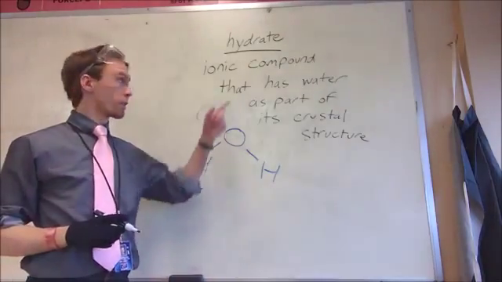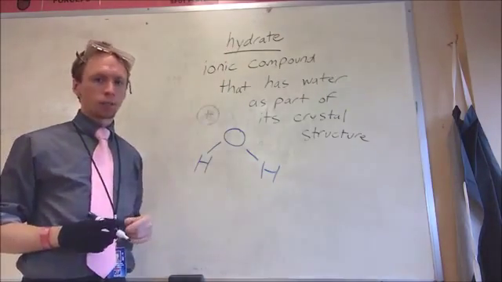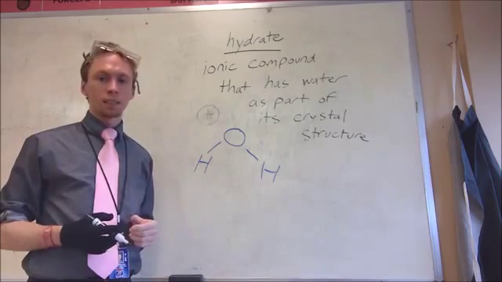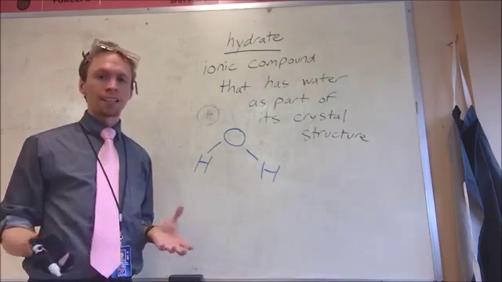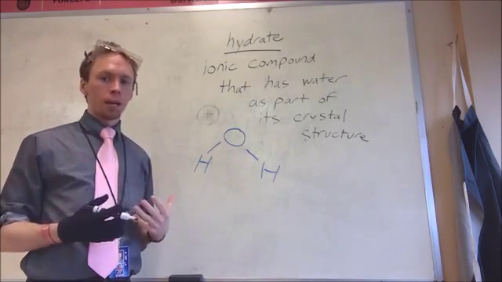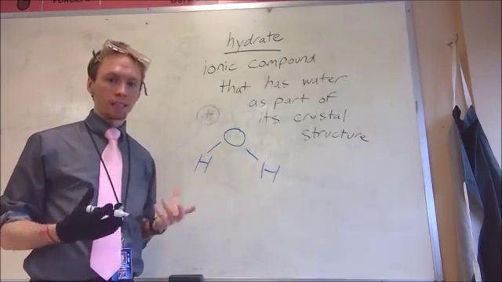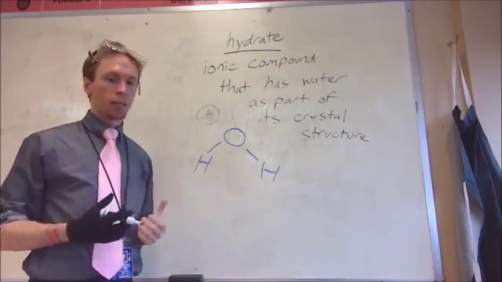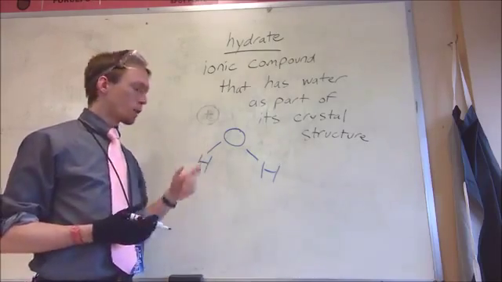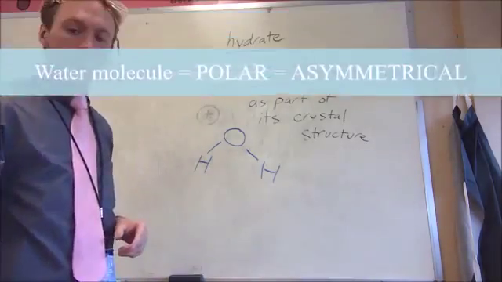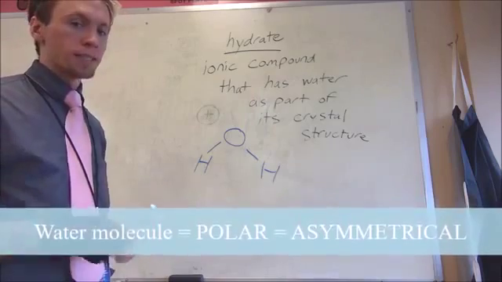In this lab, we're going to look at something that's known as a hydrate. A hydrate is an ionic compound that has absorbed water. And what happens to the water is it becomes part of the crystal structure or the lattice of the ions within the ionic compound. If we look at our water molecule here, it is a polar molecule, which means it's